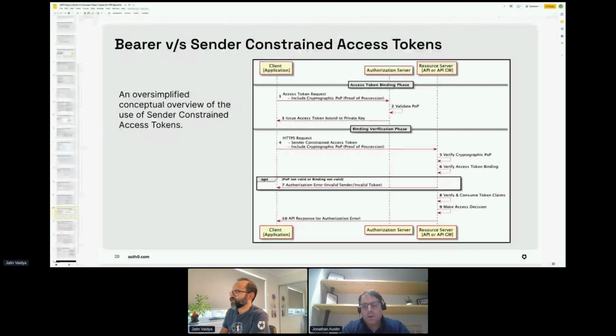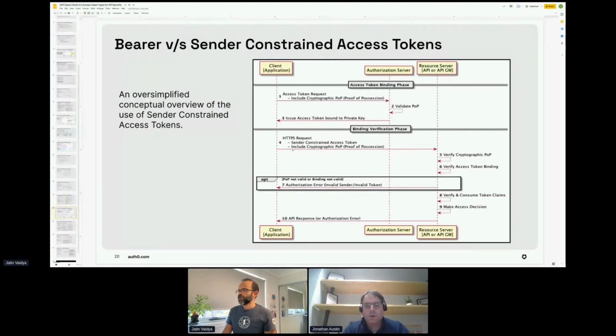Then the authorization server validates the proof of possession, and the access token that is issued to this client application is bound to that particular private key. Thereby the client application now has a sender constrained access token, which is valid only for that client. It is not a bearer token anymore.